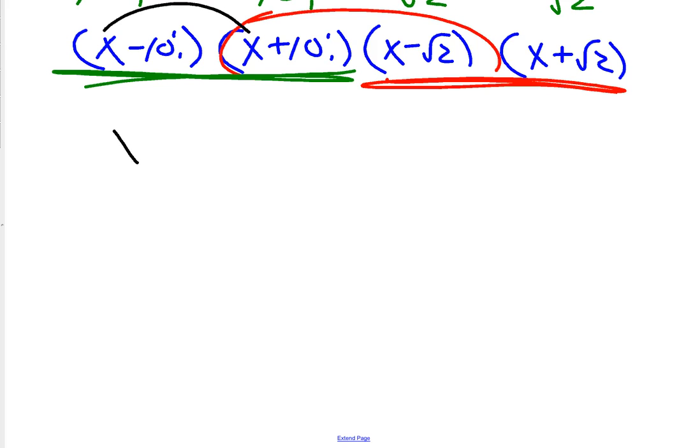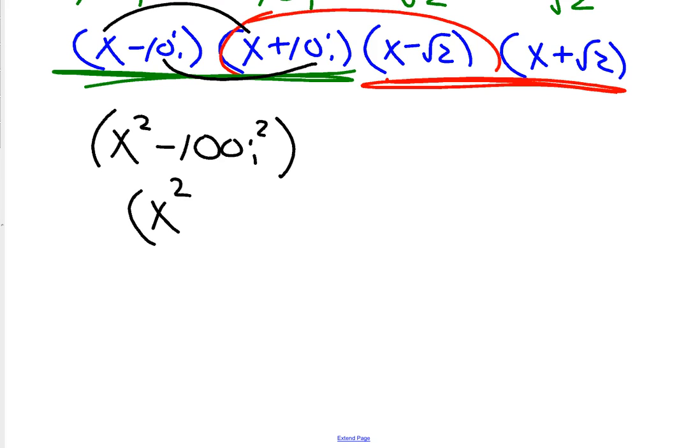X times x, x squared. Middles will cancel. What's negative 10i times positive 10i? It's a negative 100i squared. So that turns into x squared plus 100. Again, if you're working ahead fine, just make sure you check your answer when we're done here. Over here,